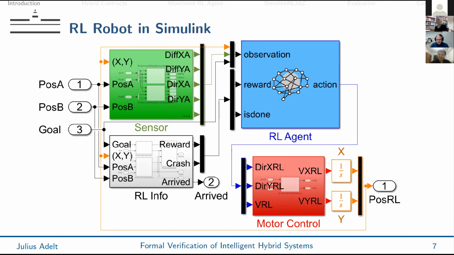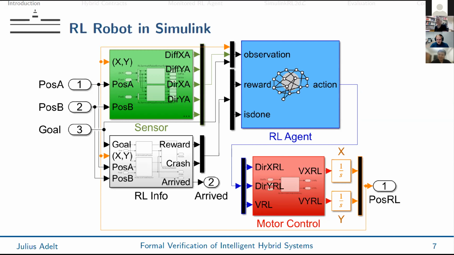The basic idea here is that the reinforcement learning agent interacts with the environment by choosing actions, which consist of the direction to travel in and the velocity to travel with. These are then sent to motor control, which turns them into a vector of velocities, which is then sent to integrator blocks, which continuously change the position of the robot. Based on applying these actions, current observations and reward, the reinforcement learning agent receives new rewards and hopefully learns something useful to achieve its goals to reach the workstations.